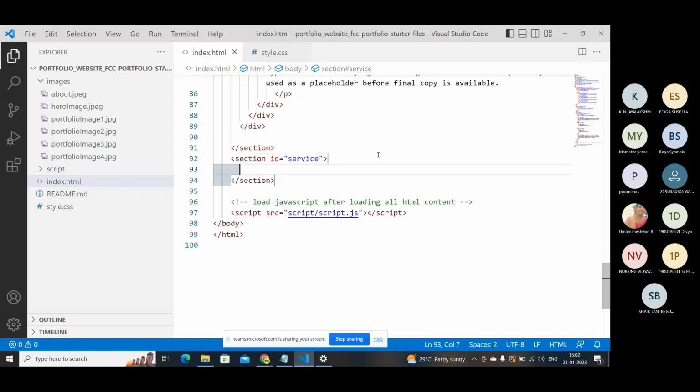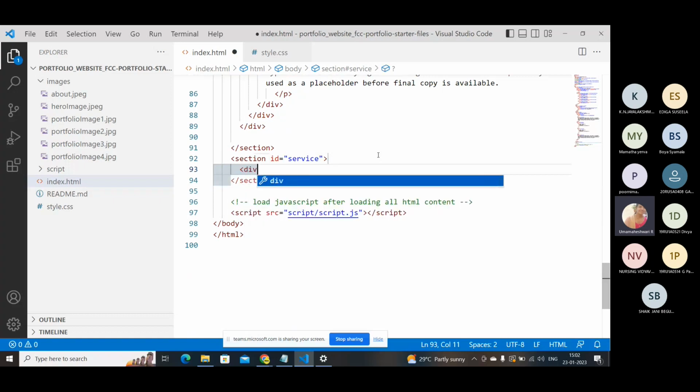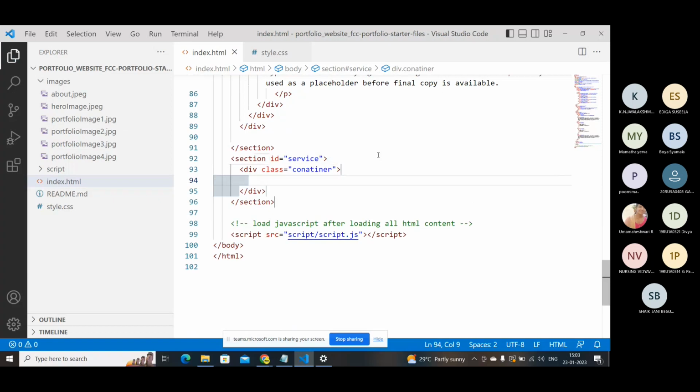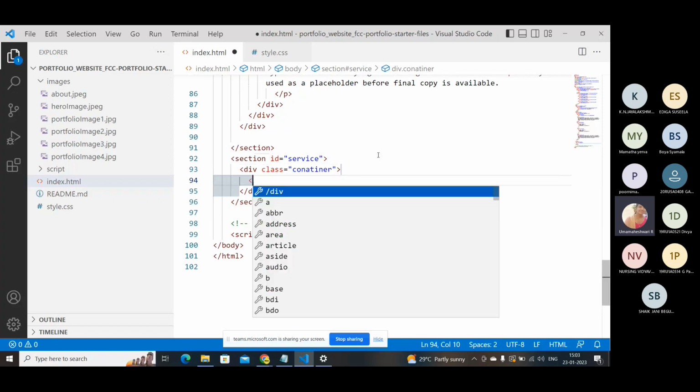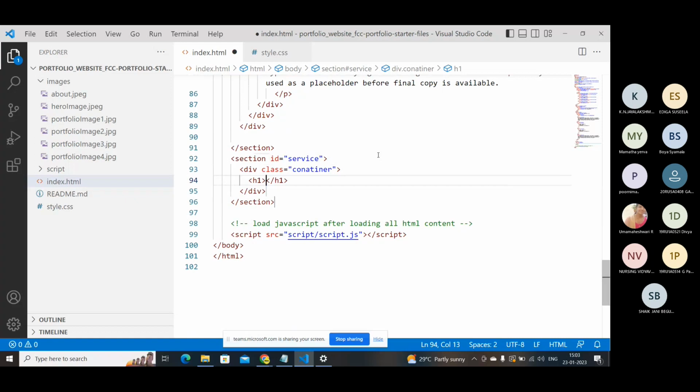Just close it off. And next to this, I'm creating a div container. I want this to be a container. Just close this also. Here, I'm creating some text, a heading, and for the class, I'm giving a predefined class, that is text-center, and the name is Services. So once it is done,